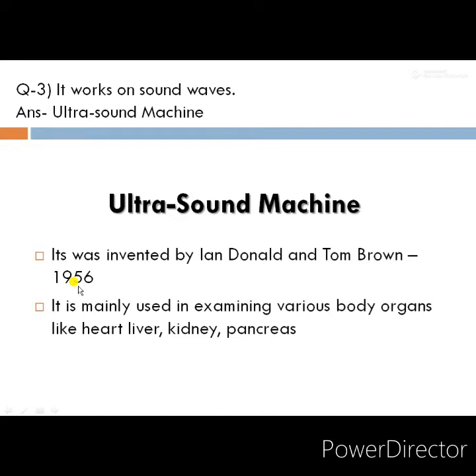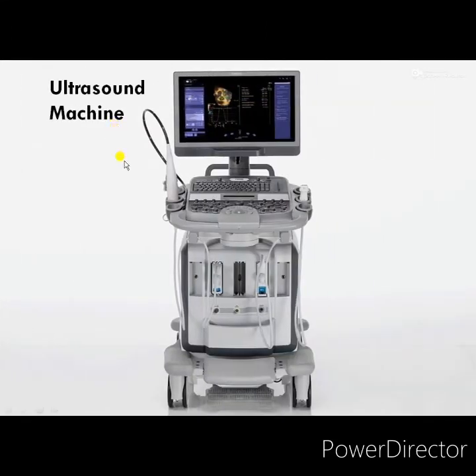So I will show the picture of sonography machine or ultrasound machine. See, this is the machine. This is the functioning part of the machine, and the top one is a screen. There we can see the image or the picture of the body parts which are functioning, and we can get the film from this picture also. From the film or from the image, doctors can diagnose the problem of a patient. This is ultrasonic sound or ultrasound machine.